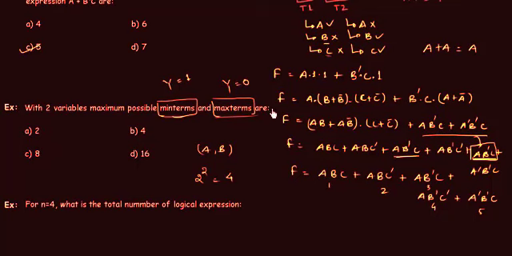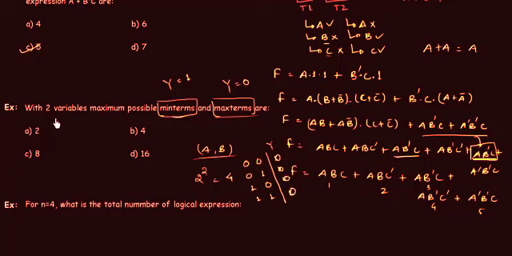This is something you already know: all the possibilities for these two variables are a is 0, b is 0; a is 0, b is 1; a is 1, b is 0; and both of them are 1. For all these four cases, if we have output equal to 1, this is possible, right? Then we have 4 minterms. And if all the outputs are low, then we have 4 max terms.